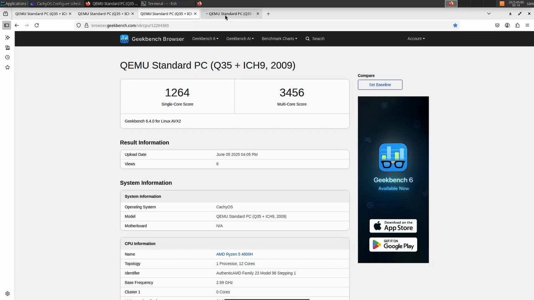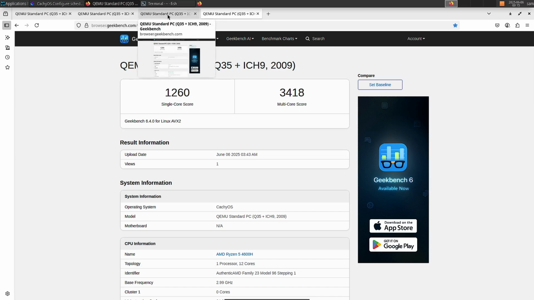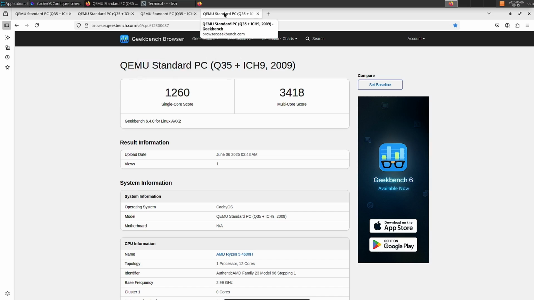Okay, so the scores in fact have dropped, not increased. It has dropped a little bit, and it has also dropped a little bit from the single core also. So we can say that the system performance has tapered between the power save to your low latency. So there is not much difference in performance between the low latency and power save. Almost they are giving the same single core and multi-core